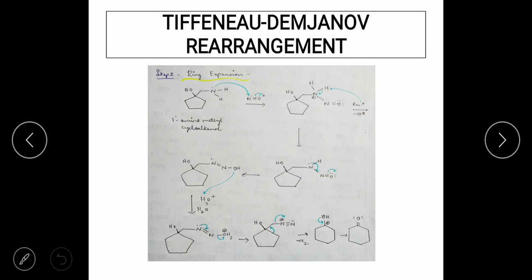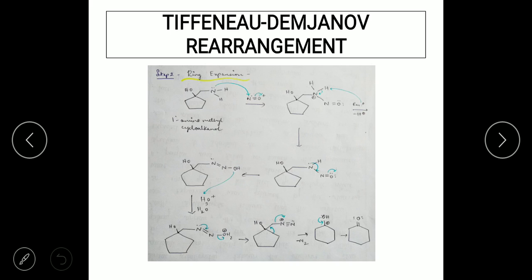So this is how it is going to take place. The double bond of the nitrogen is going to form. The lone pair on nitrogen is going to form a double bond with the nitrogen to give N double bond N. And then there is movement of the electrons towards the oxygen to give rise to O minus. O minus is going to grab a proton which is attached to the secondary amine NH. And this is how you are going to get the NOH, that is the alcoholic group you are going to get. Now here you can see the lone pair still exists on the nitrogen.